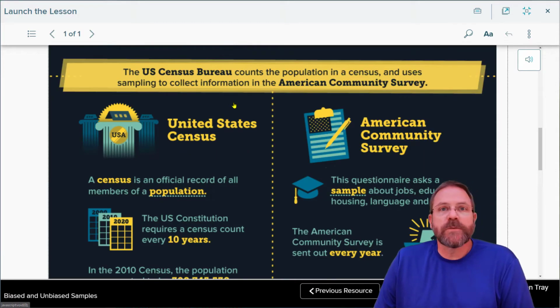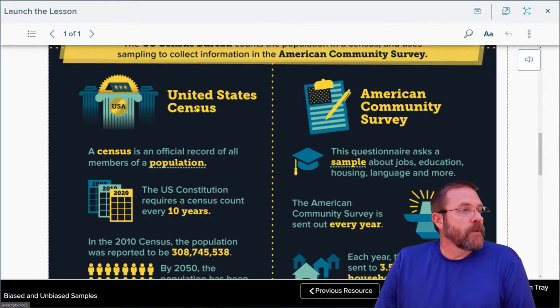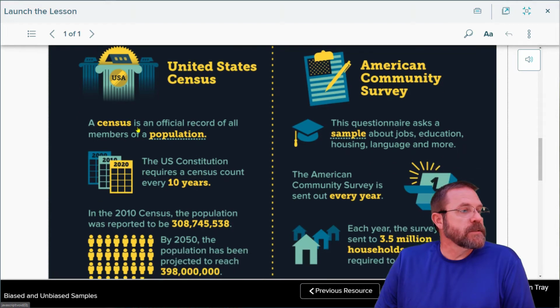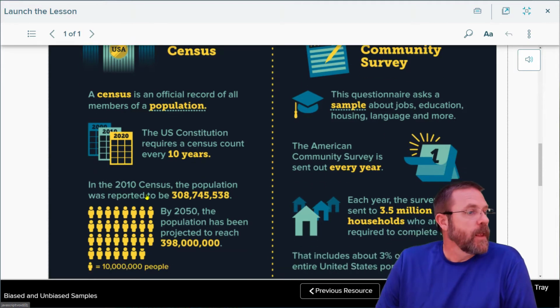The U.S. Census Bureau counts a population in a census and uses sampling to collect information about the American Community Survey. So here we are on the United States Census. You can see the census is an official record of all the members of the population. The U.S. Constitution requires a census every 10 years, and they have to count every single body. In the 2010 census, the population was reported at